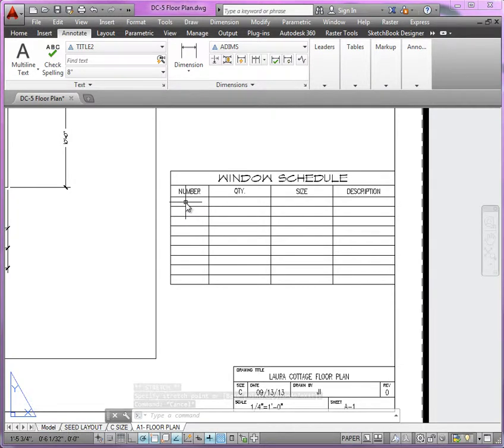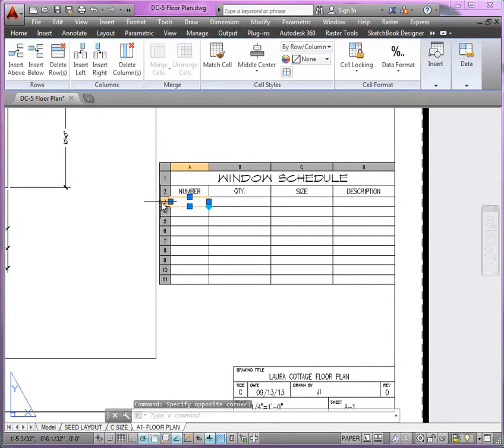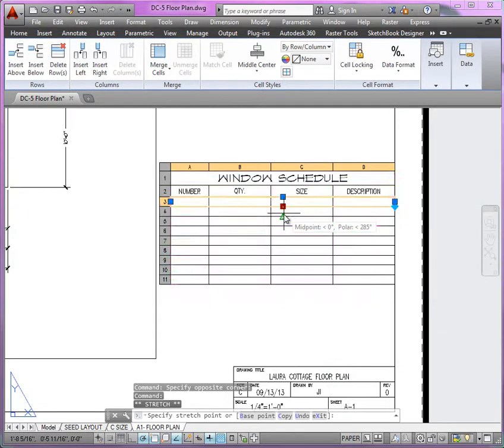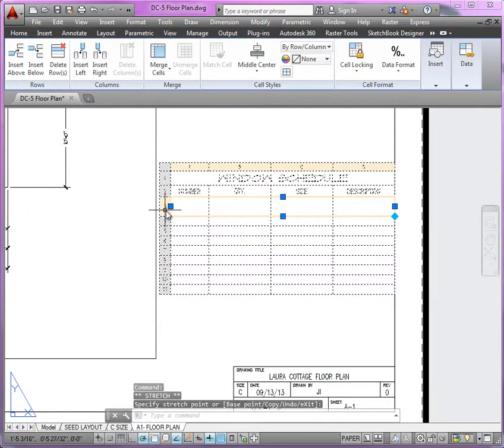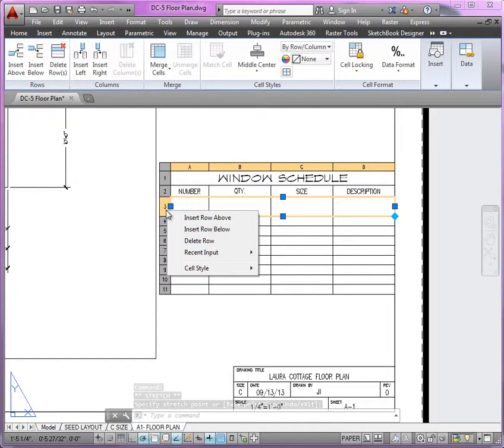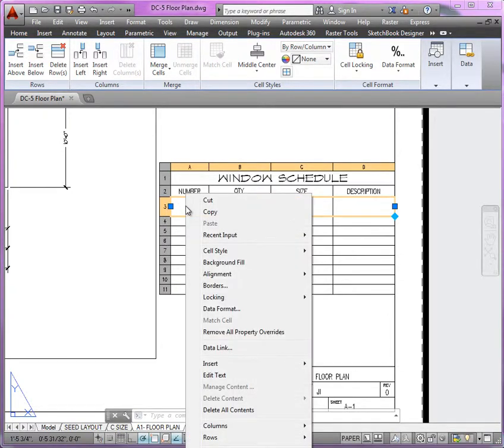Also, if you want to make the rows a certain height, what you could do here is stretch one row, the top row preferably. You can stretch it here. If I right-click next to the row label, you can also change styles here. But if I right-click in the cell, here you get more options. So you could also do data formatting. And if you look here at rows and columns, this is where you can insert or delete or size